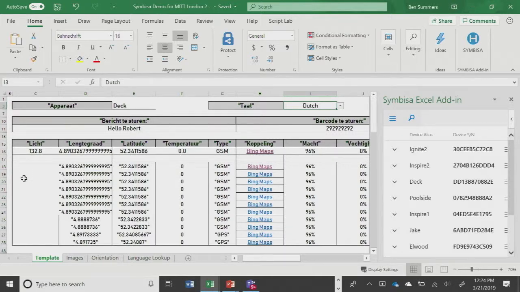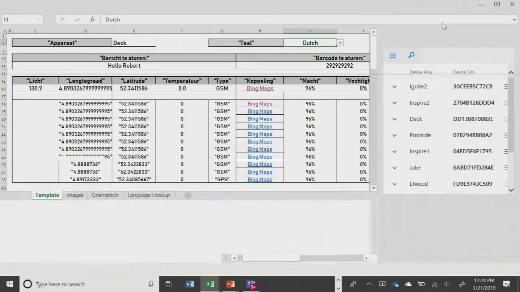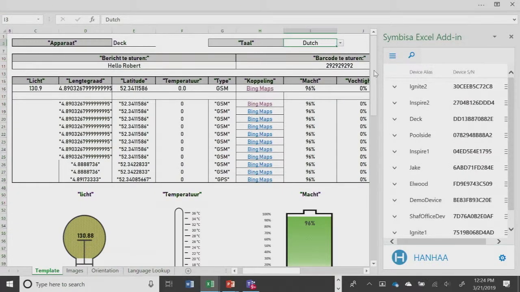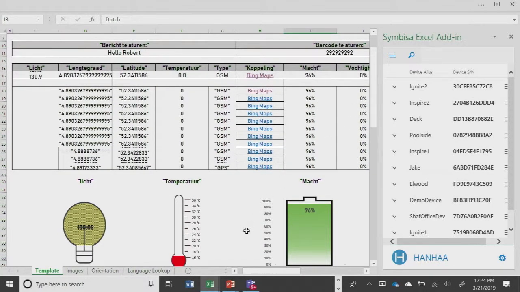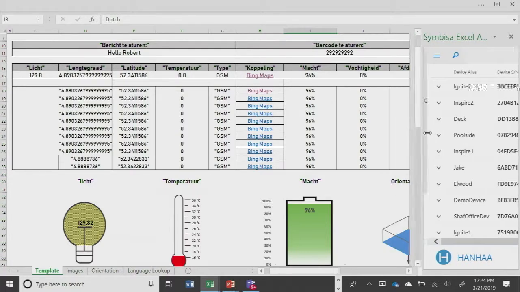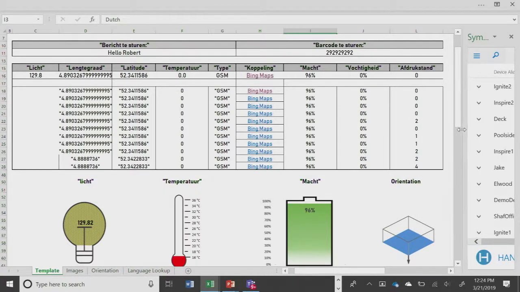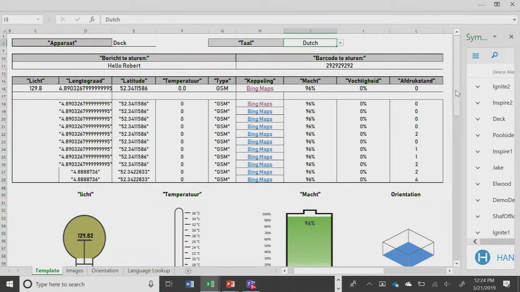So first of all, everything on this device is loaded through custom functions. And I can see my resolution is not what I thought it was going to be. But what you can see I've done here is I've built a very, very simple dashboard to run this on that allows me to create effectively an IoT dashboard for myself. Now, this is for one device. I could obviously do this for many, many devices using streaming custom functions.